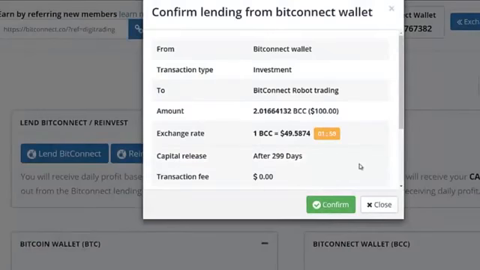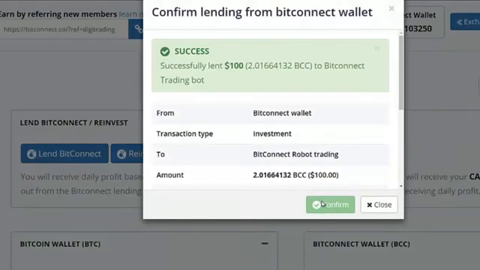There is a confirmation screen, and it goes over everything here. I'm going to click confirm. And guess what, ladies and gentlemen? We have now successfully lent $100 to the BitConnect trading bot, for which we're going to earn a variable rate